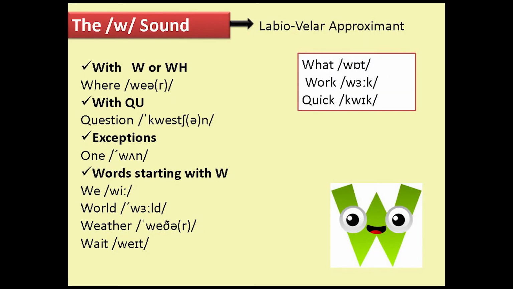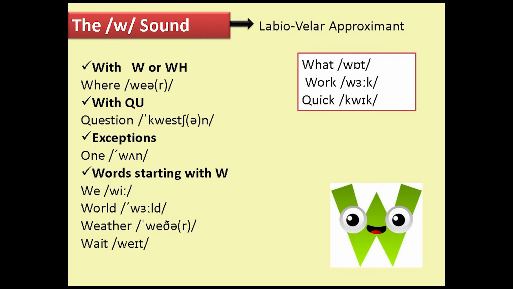The W sound, or labiovelar approximant. This is the W, like in words like what, work, quick. The W sound is usually spelled with the letter W or WH, as in where, but it is also part of the letters Q and U, which is pronounced